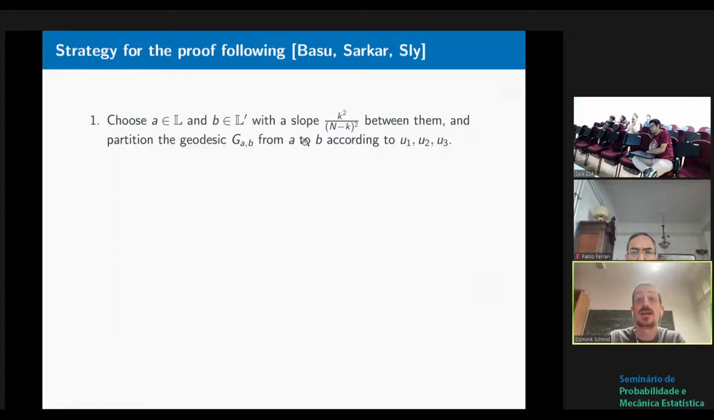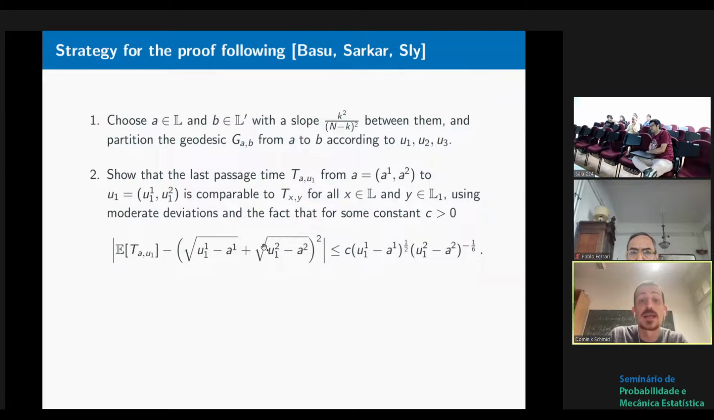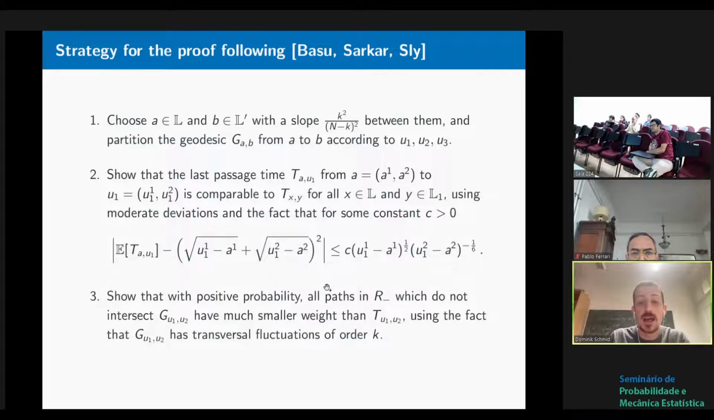But roughly, the idea, as I said, is that we partition the geodesic from A to B according to these sides of the rectangles. And then what we use is that we have some good control on last passage times in an IID setup, and these bounds can also be transferred to a periodic setup. So in particular, we have very good control on the expected size and in general also on moderate deviations of last passage times. And so we then get that any path which is not intersecting this blue part,